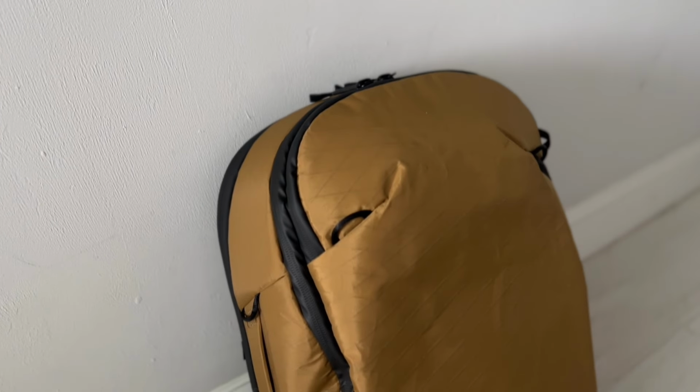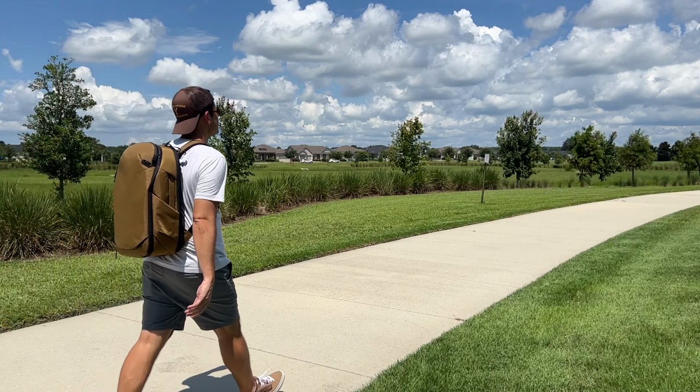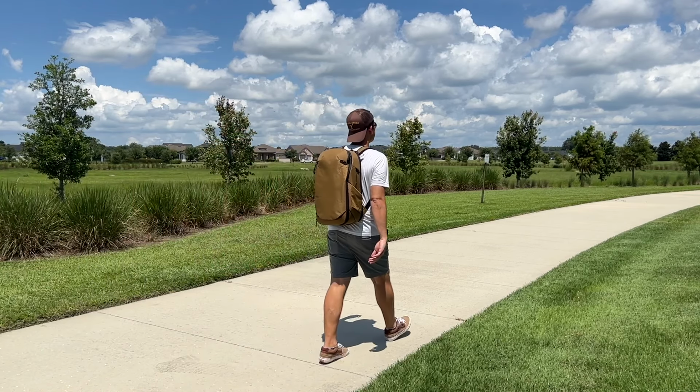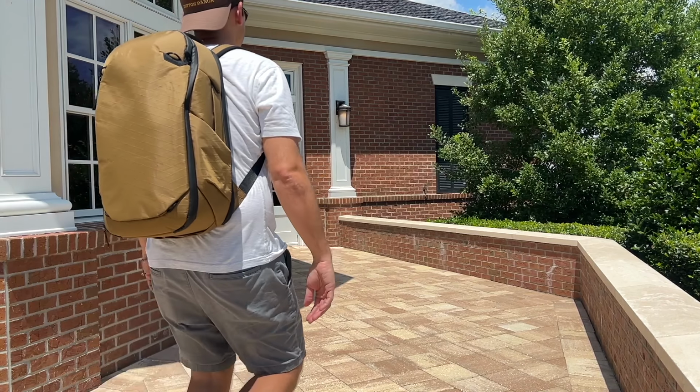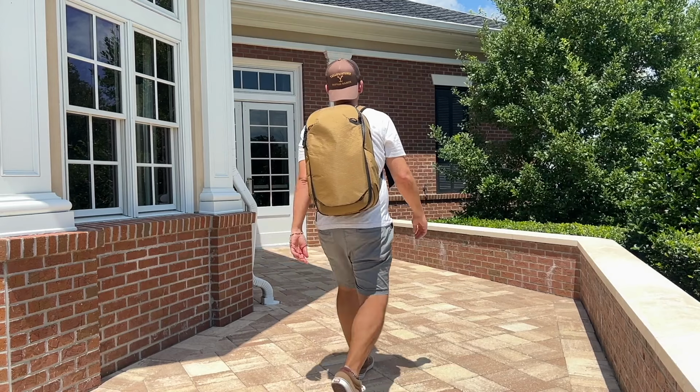It's got a really sleek, modern aesthetic, very durable build quality, nice external water bottle pockets, pretty simple layout. It's got a large clamshell area so you can toss a bunch of stuff in there, good laptop protection, quick access pockets, so offering a lot of the same benefits as this bag here. Really great weather resistant materials, and then of course you get Peak Design's ecosystem of camera friendly accessories. So if you're looking for something with a more sleek aesthetic that is going to have some of those nice benefits if you're carrying some camera gear, then this is going to be a great option to take